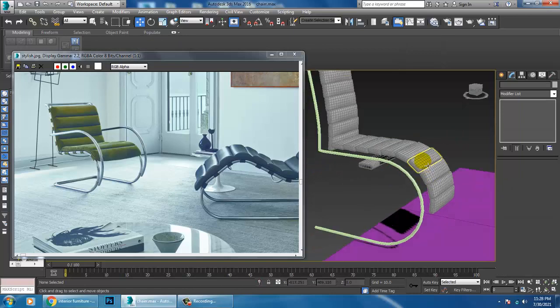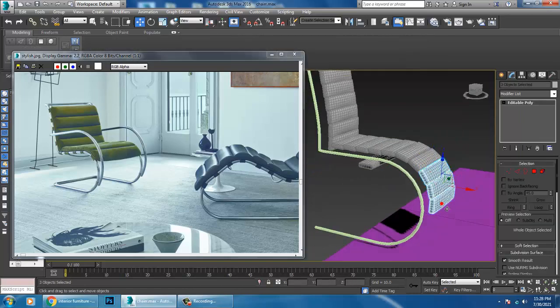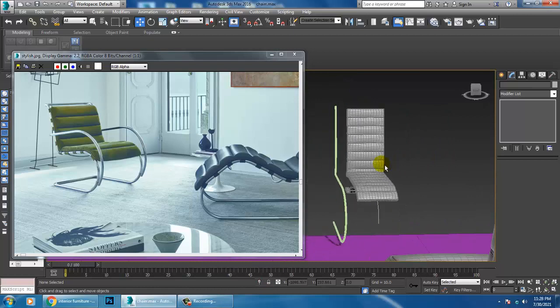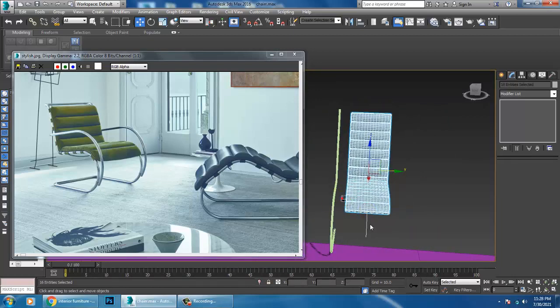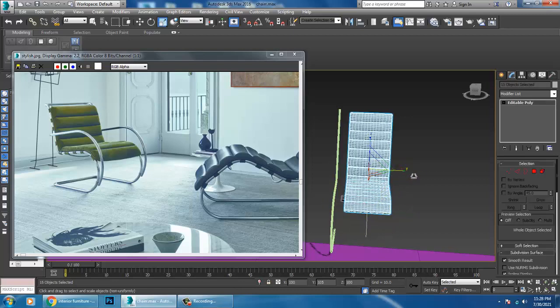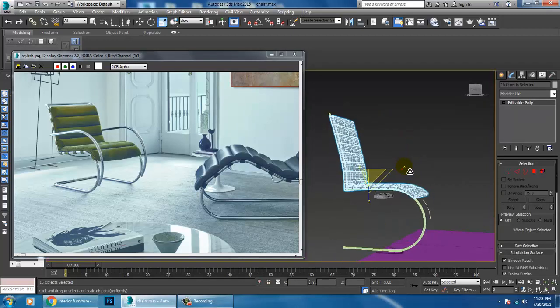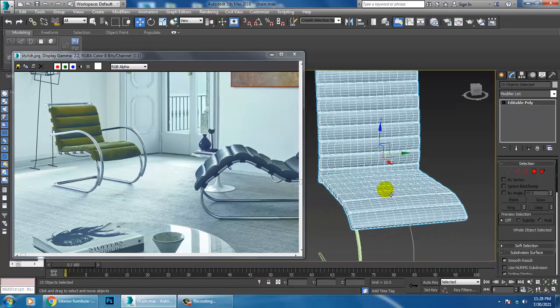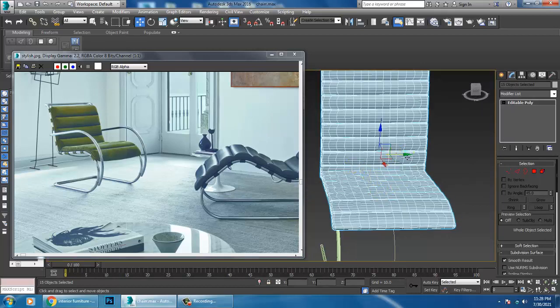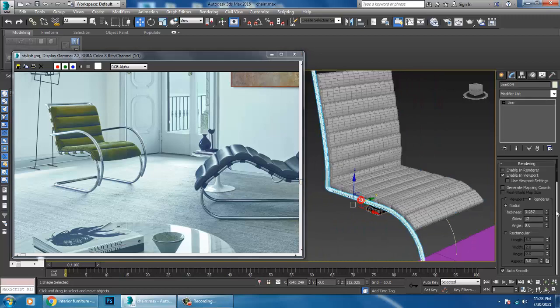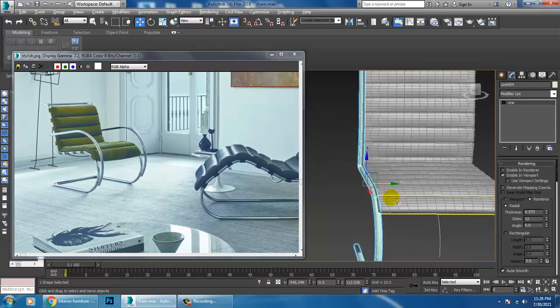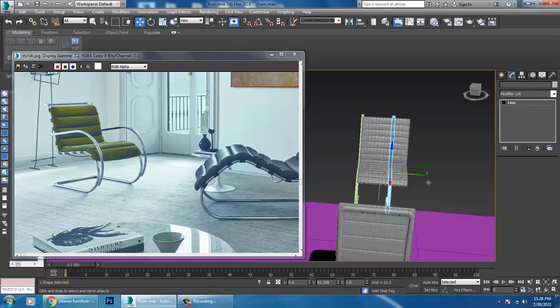I don't need till here, so I'll delete this. I'll select this and slightly scale it in this way. I'll select this and increase its thickness a bit. I'll shift and drag that.